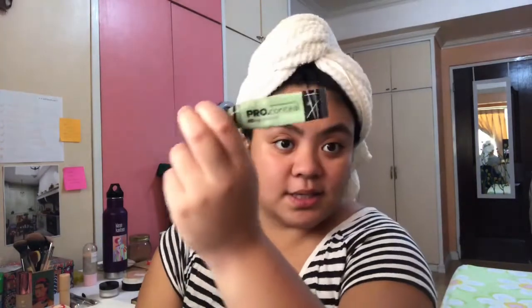So what I do is I get some green concealer from LA Girl. Actually sa Shopee ko lang ito binili, but it's worth it. So I'm pretty sure a lot of people are still confused about what color correcting is. So nahanap ko lang dito sa YouTube like way back when. So basically you just have to know what the counterpart of what you're trying to cover is. So sa color wheel kasi yung katapat ng red is green. So since red yung mostly yung mga acne scars ko and whatever I'm trying to hide, we're gonna counter that with some green concealer